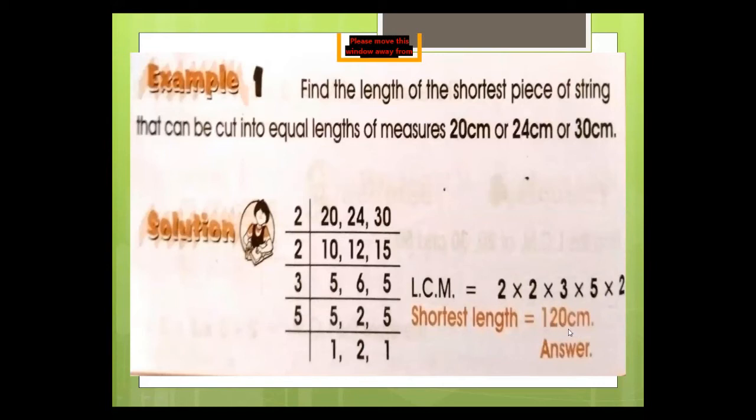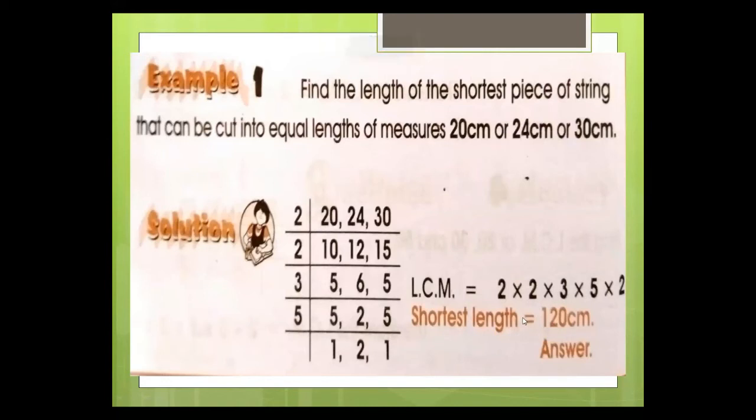Now you see that here we take a unit which is centimeter. Why? Because we know that the unit of length is centimeter, and in the question you have a unit mentioned. So in the answer you also must mention this unit. So here the unit is centimeter. That's why we multiply all these factors and take centimeter also in the answer, because we have to find the length, and the shortest length is 120 centimeter.